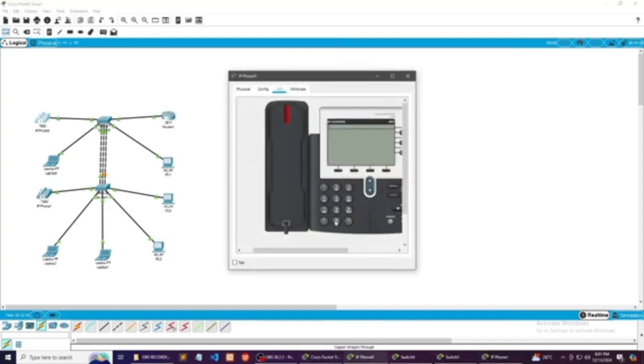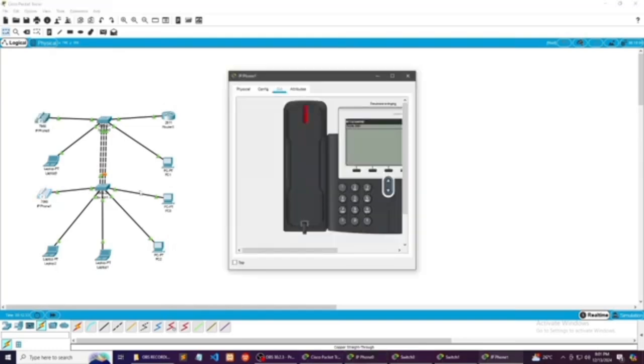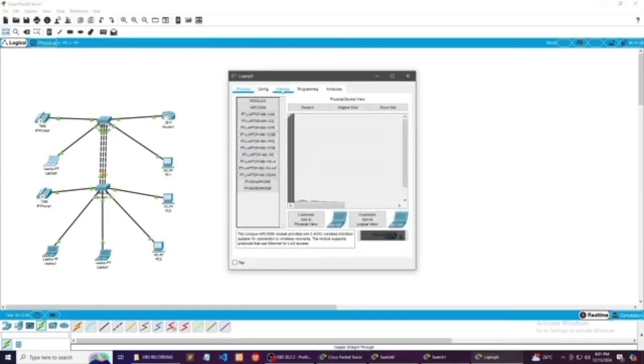Then go to GUI. Let's check if the phone is working. And then if the phone is not working, do a double check. After doing a little bit of double check, let's test the phone. After ringing, if the phone rings, we can confirm that the two IP phones are connected because the code is completed.